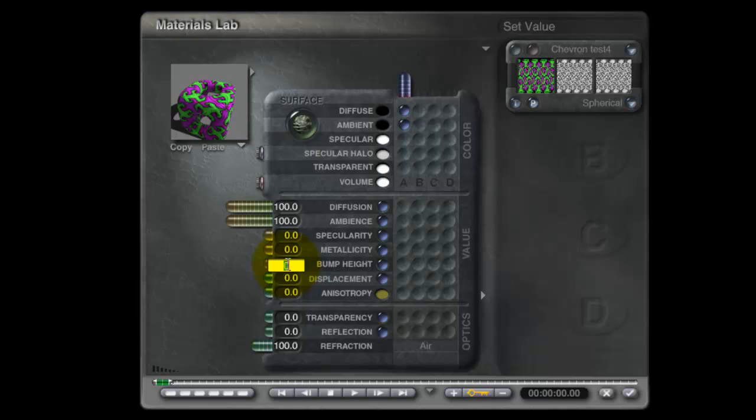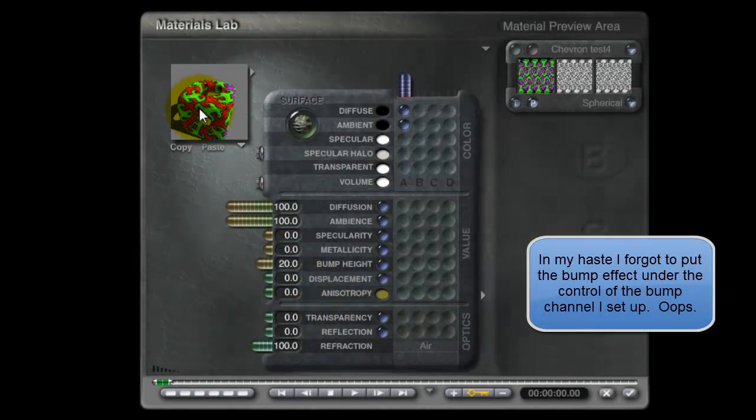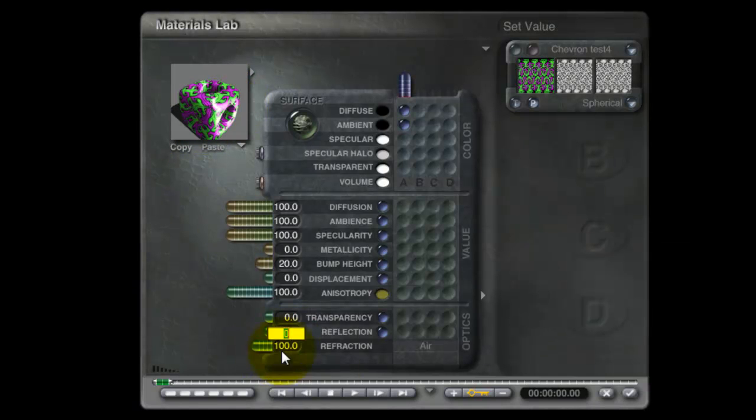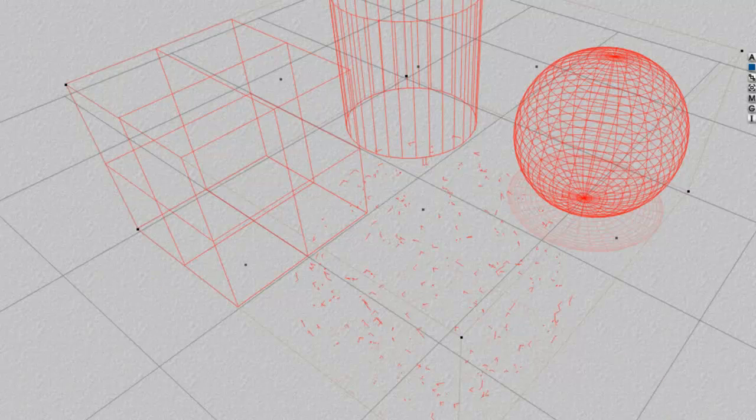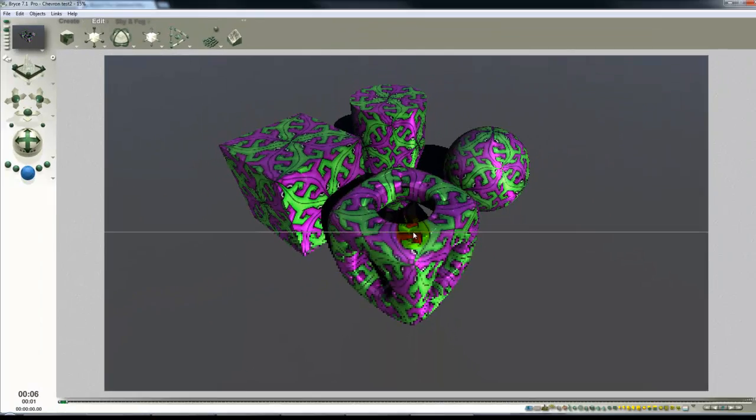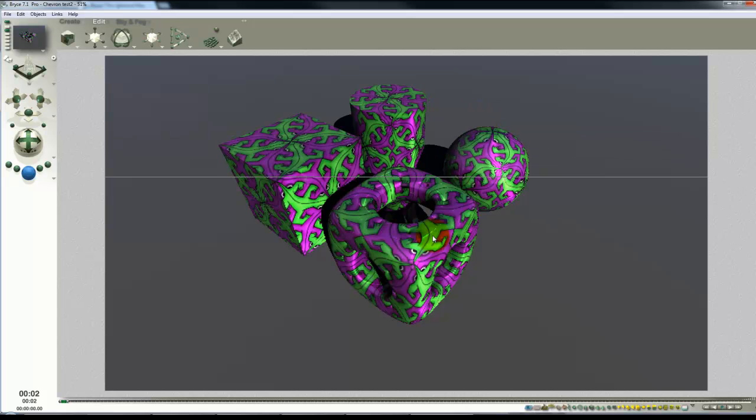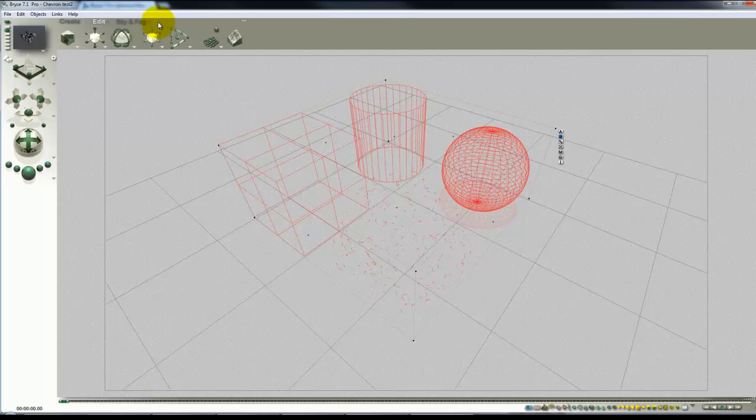I can now give it some bump from the bump pattern, perhaps some specularity, anisotropy, just to make things look a bit more interesting. Give it 15 reflection. I could take the specular colour from the colour of the map there, reduce the ambience. We'll see how that looks now. So now we've got this pattern over all these objects, and well, I'm going to load in a bit some